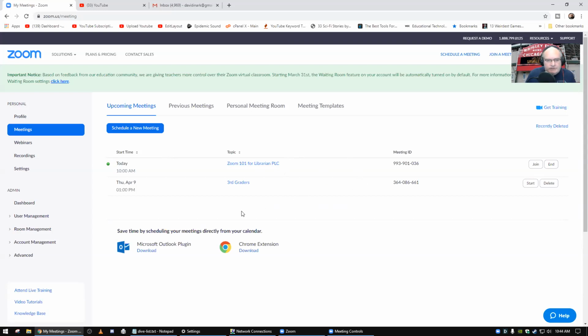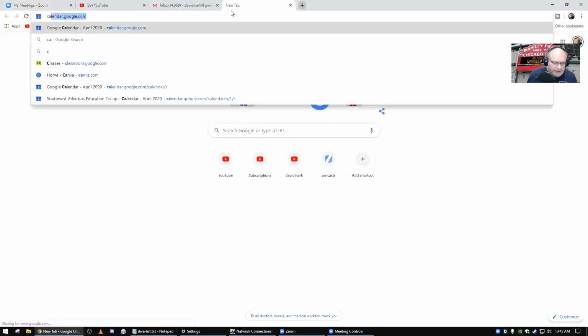One thing I did want to show real quick on the meetings tab, if you're on a PC, a Mac, I think possibly also a Chromebook, you'll have a couple of options down here. One, there's an Outlook plugin. So if you use Microsoft Outlook as your mail client, there is a plugin for that. There's also one that is a Chrome extension. And that actually lets you schedule Zoom meetings from within Google Calendar. So if I were in Calendar,